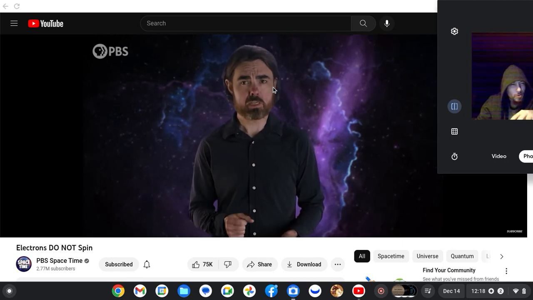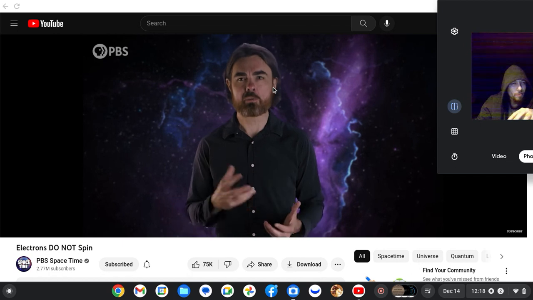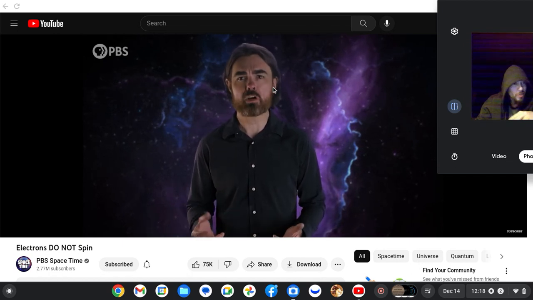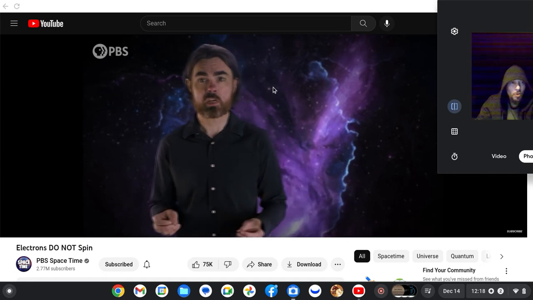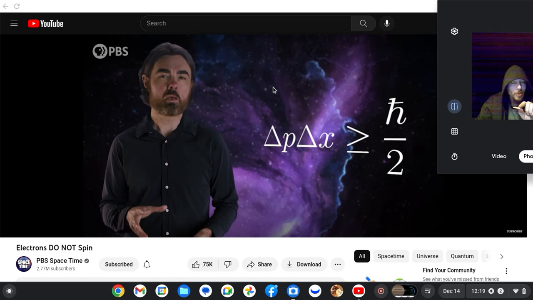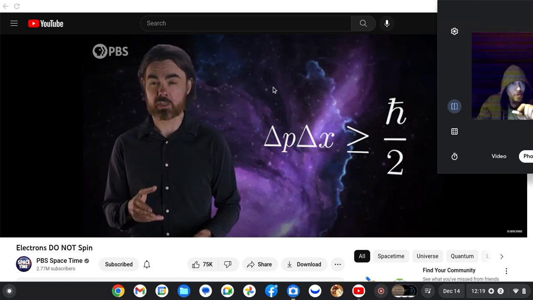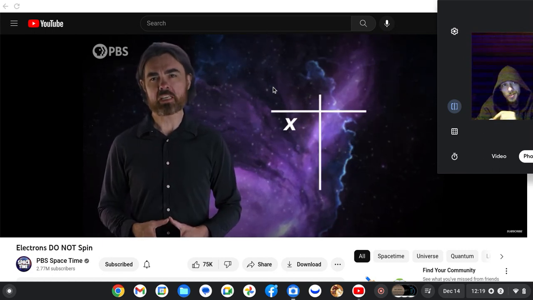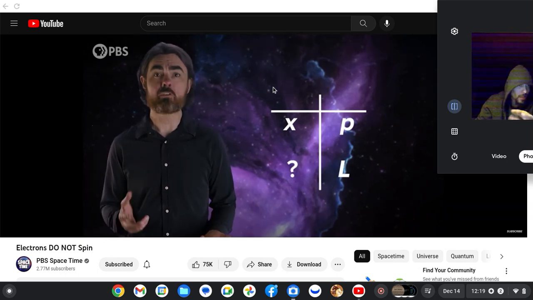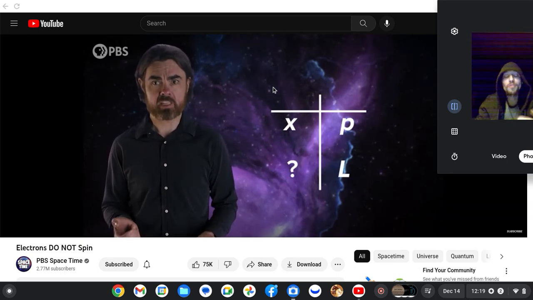For related reasons in quantum mechanics, position and momentum are conjugate variables, meaning you can represent a particle wave function in terms of either of these properties. And by Heisenberg's uncertainty principle, increasing your knowledge of one means increasing the unknowability of the other. If position is the companion variable of momentum, what's the companion of angular momentum? Well, it's angular position.